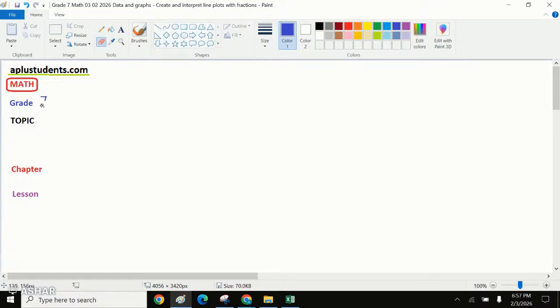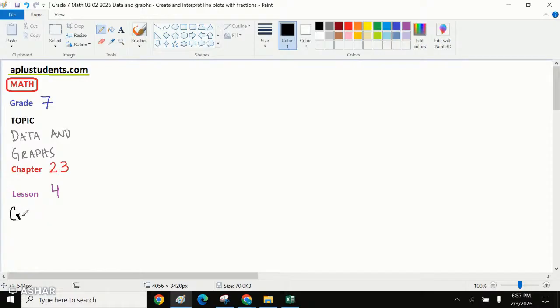Sorry, I'll just rewrite this. This is a grade 7 lesson, and the name of the topic is data and graph. I'll give you the chapter number and the lesson number. The chapter number is 23 and the lesson number is 4. So we are doing chapter number 23, lesson number 4, and the name of the chapter is